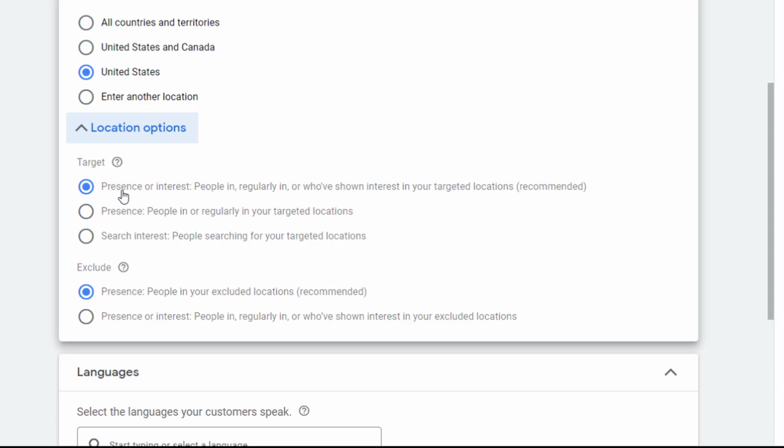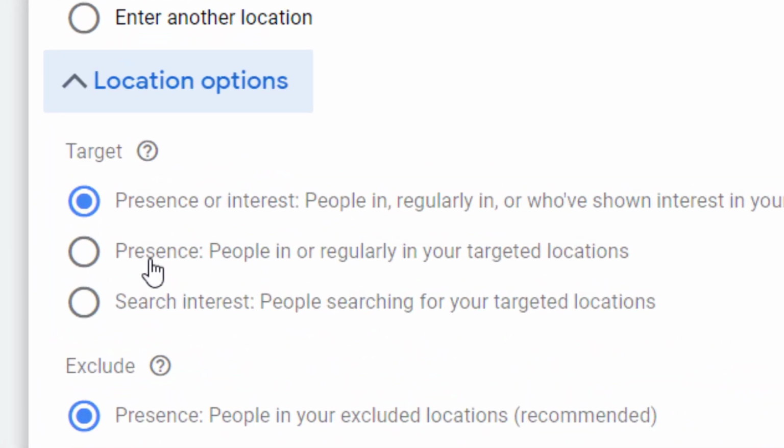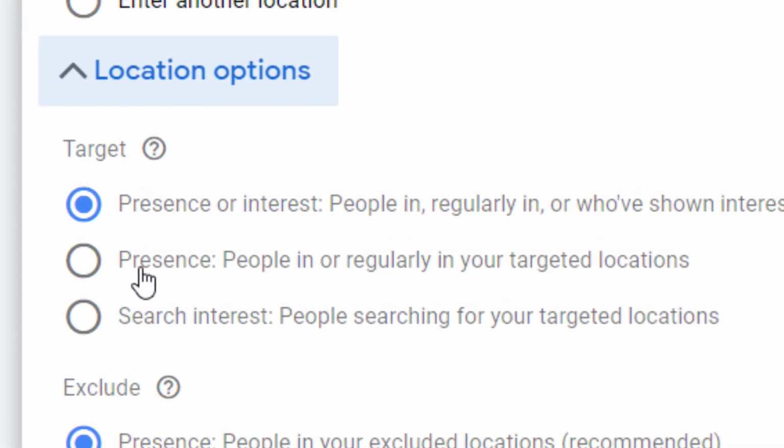This setting determines whether your ads will show to people who are physically located in your targeted location, or to people who are searching for information about those locations, regardless of their physical location. You should choose the present people in or regularly in your targeted location.